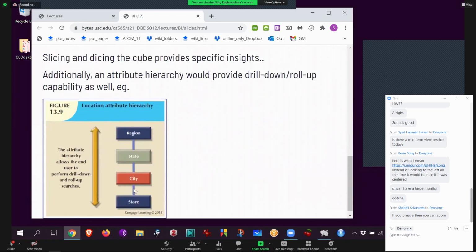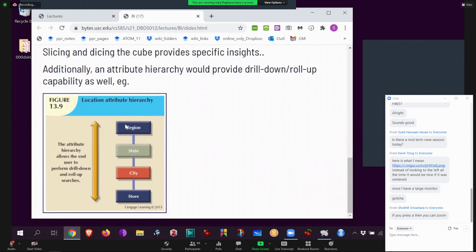All right, so this, I told you, can go up and down, meaning I can ask for my information at any level. Rolling up means a big picture: for all of Western US, how is shoe sales? And then the opposite is drilling down, like a microscope, zooming in and telling me what happened in that one store. We're hearing bad things about the store, tell me what happened.